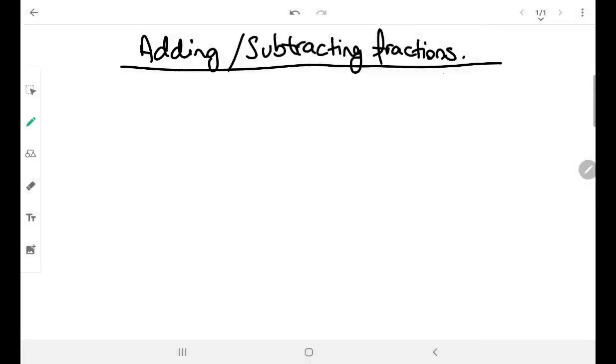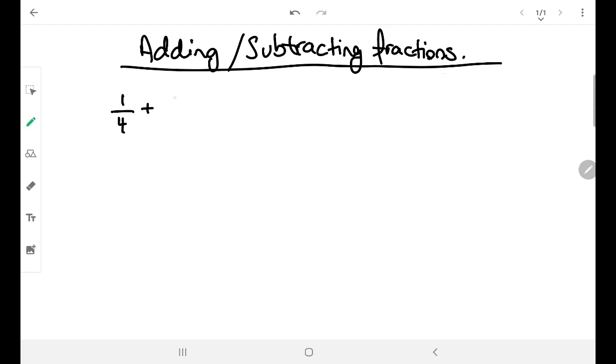Hello guys, we're looking at adding and subtracting fractions today, and I'm going to be using a couple of examples to demonstrate how to add and or subtract fractions, and then obviously we'll have the rules on the side here. We'll write the rules here on the side, and look at some common mistakes people make. So let's get started with a simple question: